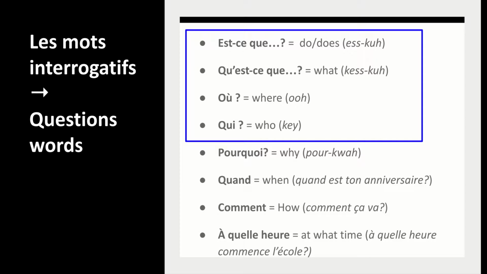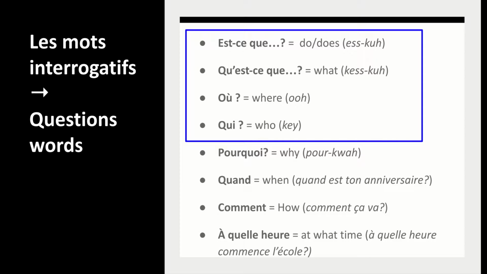Those are the ones we've really focused on, okay, that I want you to focus on. The rest you have seen and we will see again, okay? So I don't want you to be overly concerned about these. Pourquoi, okay? Quand, we saw that in terms of when you're talking about yourself. Quand est ton anniversaire? Quand est ton anniversaire? When? Comment? How? Comment ça va? We also saw this in